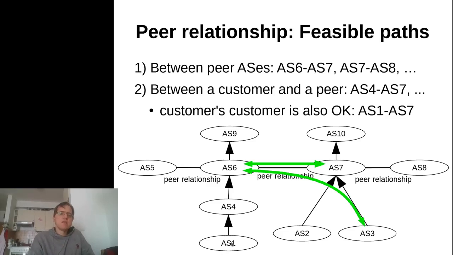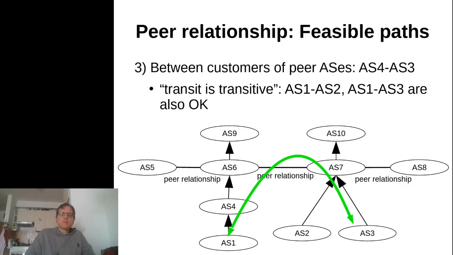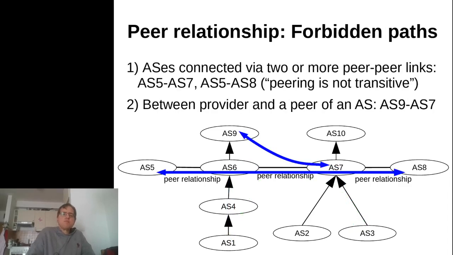Basically, any path that goes between the peering ASes themselves, or any customer of a peer and any customer of the other peer, will be allowed to flow along the peer relationship. What is forbidden is basically everything else. For instance, in this particular setup, AS6 will not be interested in routing between one of its providers